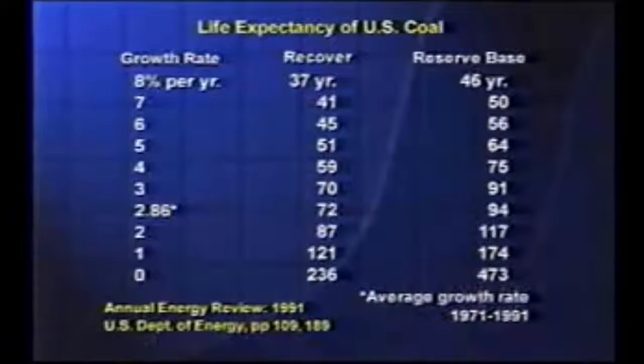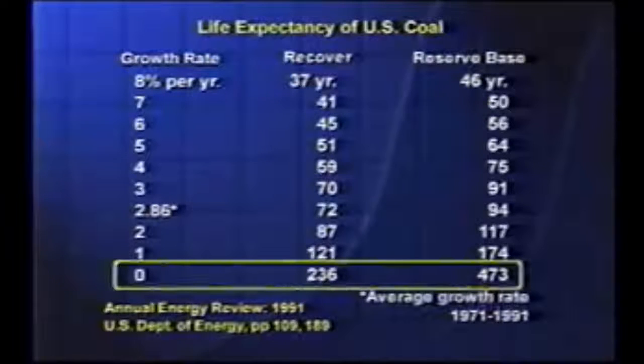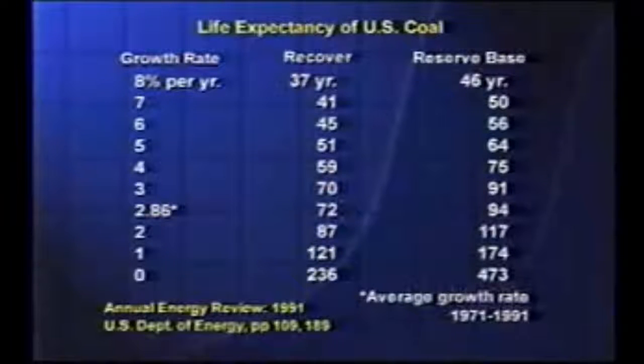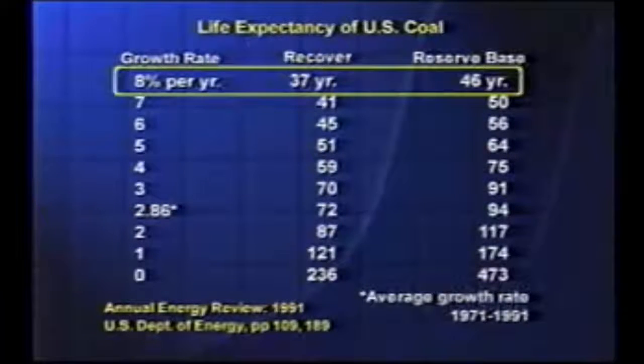If you use that equation to calculate the life expectancy of the reserve base, or of the 1/2 the reserve base that's estimated to be recoverable, for different steady rates of growth, you find if the growth rate is 0, the small estimate would go about 240 years. The large one would go close to 500 years. So that report to the Congress was correct. But look what we get when we plug in steady growth. Back in the 1970s, we had a national goal of achieving 8% per year growth rate in coal production in the United States. If that could be achieved and continued, coal would last between 37 and 46 years.